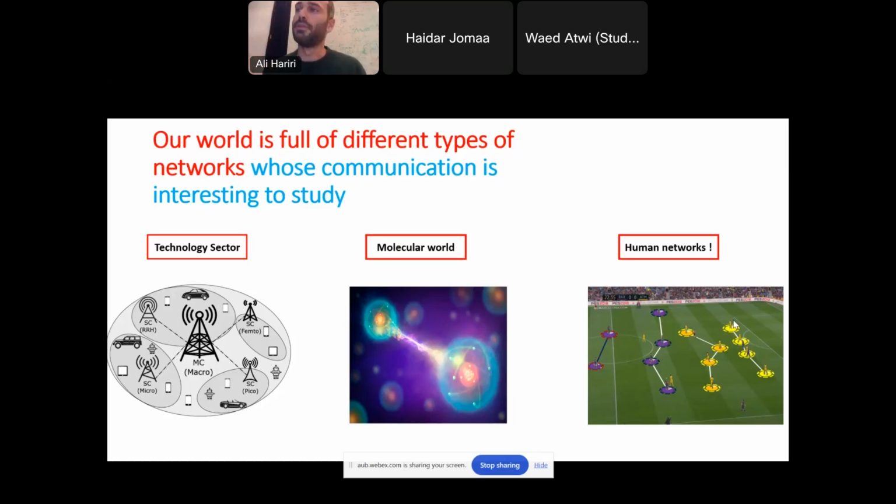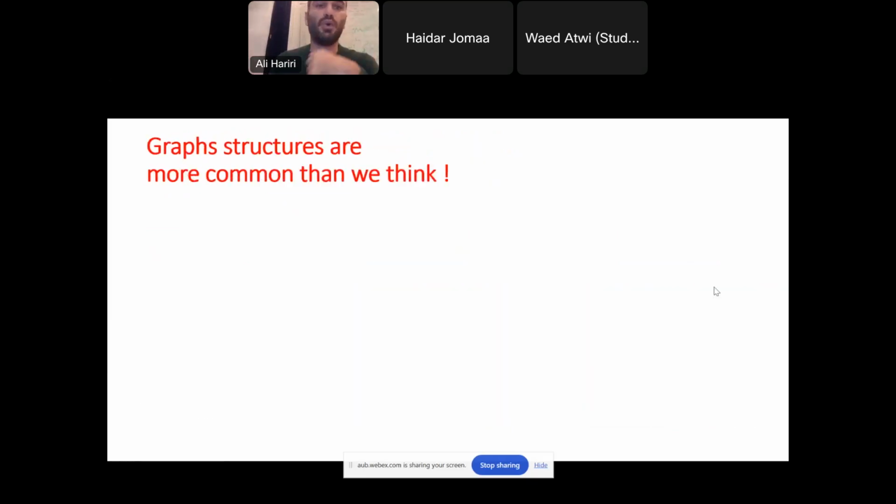This is the reward. So now if you go to some postings at their website, you can find data scientist jobs at Manchester City FC, at Arsenal FC, an AI engineer here, a machine learning scientist there. So it's very common. But now, to talk more about data sets we deal with in, let's say, the academic sense that are more available, now that we know that the graph structures are more common than we think.